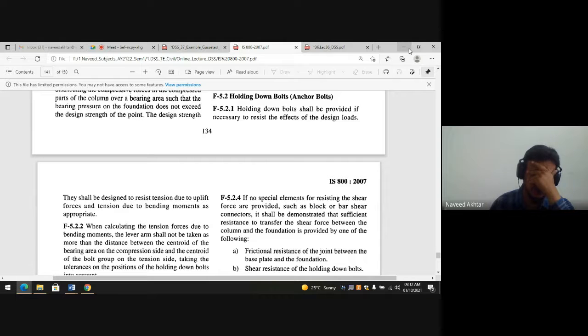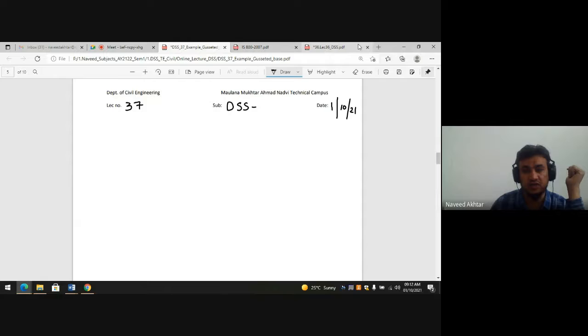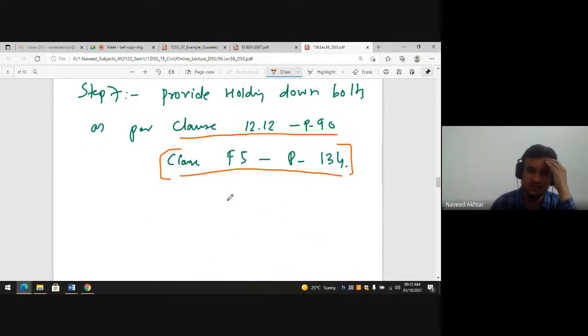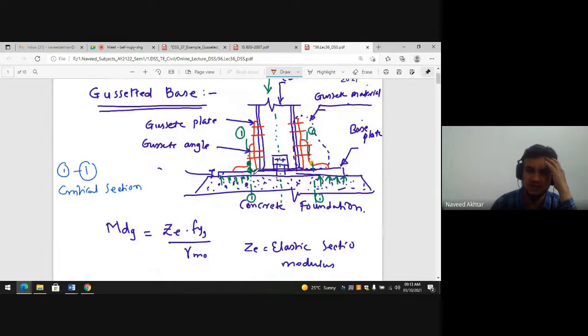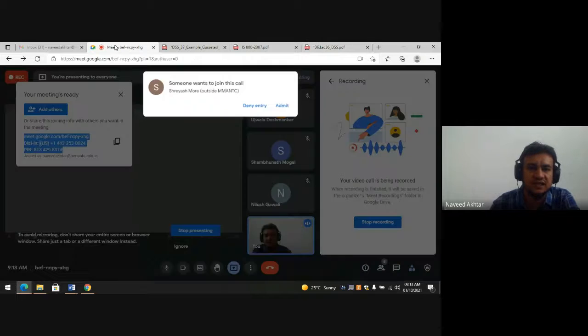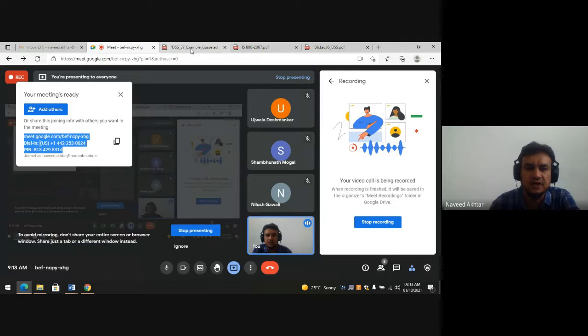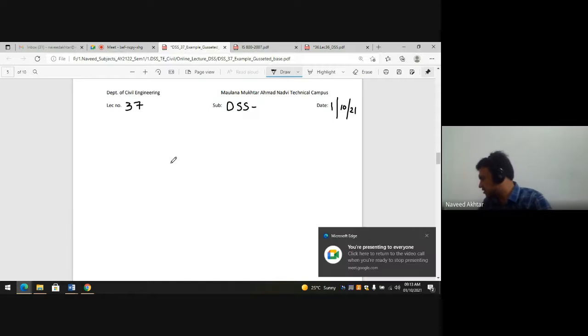For that you have to design the entire bolt. Then all your steps will be complete here, and then you can draw a figure showing the different components of your gusseted base and write down the thickness of base plate, angle size, thickness of gusset plate, and size of gusset plate. You have to draw the elevation from one side, and another side elevation from the flank side also you can draw, and then all the parts will be clear for the workers who are going to erect at site.